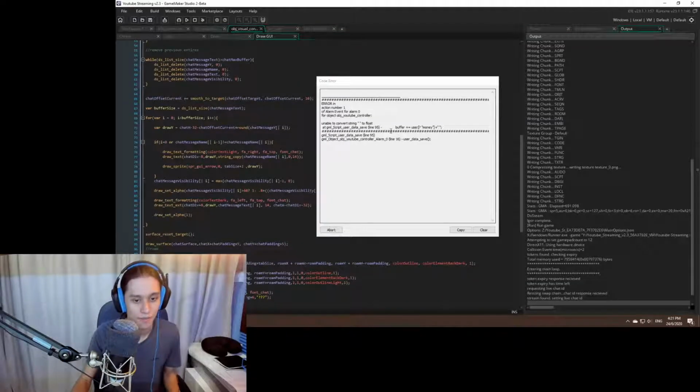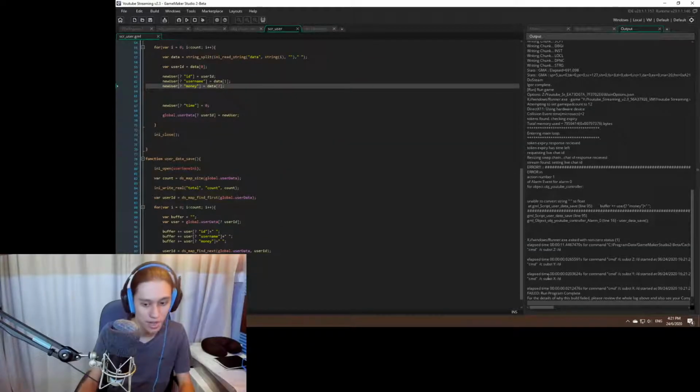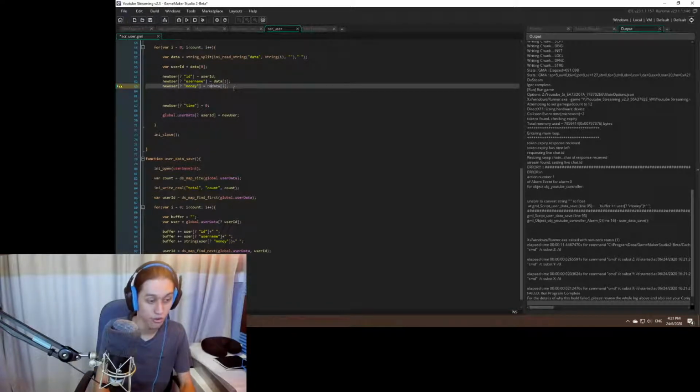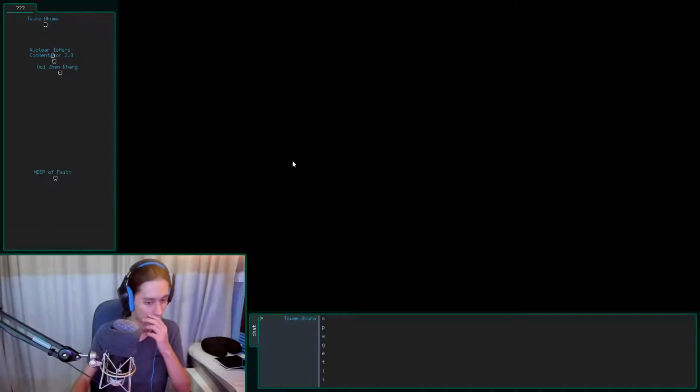Oh, come on, it didn't work. Buffer plus equals user money. Oh, that's right. Okay, so it mostly worked. It just crashed when I saved it. I need to double check. Is that what's happening? Yep, when I saved it, it needs to convert this to a string first. And then when I load you, I need to convert you back into a number. There we go. Something like this. It ain't crashing.